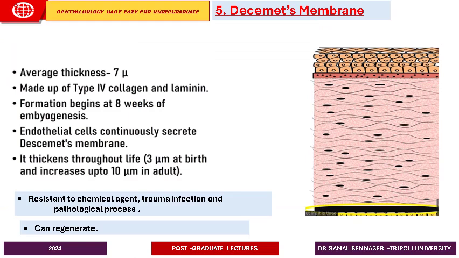Now, the fifth layer after the Dua's layer is the Descemet's membrane. The Descemet's membrane has an average thickness of around 7 micrometers and is made up mainly of type 4 collagen and laminin. The formation usually starts within intrauterine life, so that at birth there is around 3 micrometers of thickness, and it increases in thickness as the child grows, so that in an adult it can reach